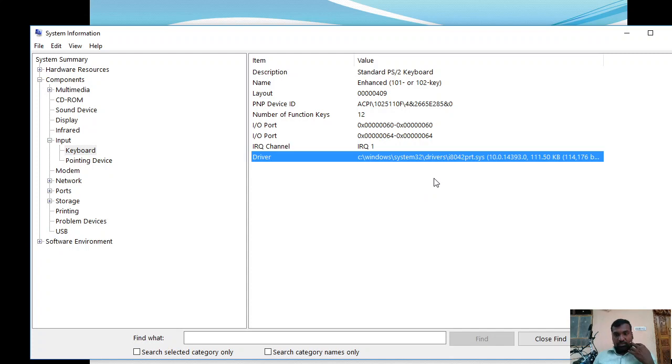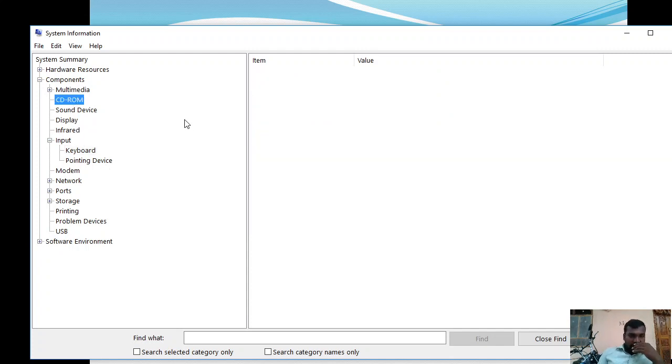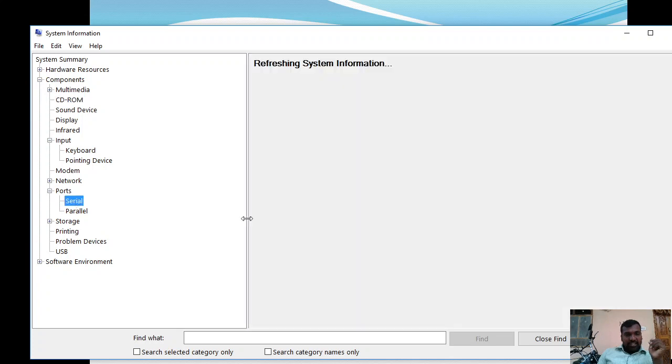Like this. Now I want to know about CD-ROM, whether it is connected or not. CD-ROM is available with the system or not. So here it is displaying nothing, means CD-ROM is not available with the system. Now I want to know about serial ports that are available with the system.